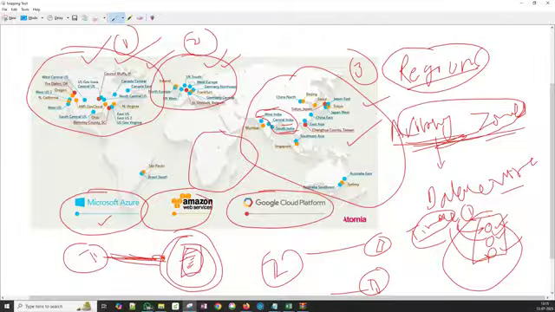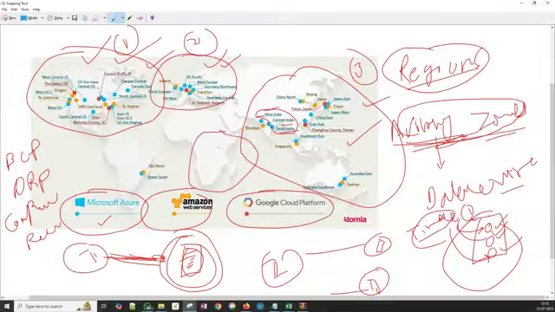So once you're deploying the data center, whether it is your cloud data center or your on-premises data center, that's business continuity planning and then disaster recovery planning. And then you also need to understand compliances,